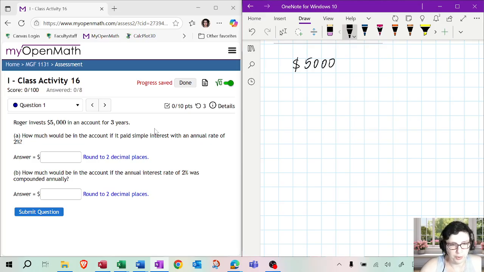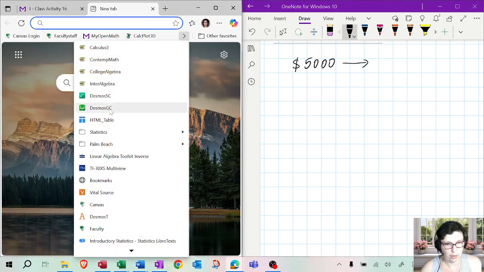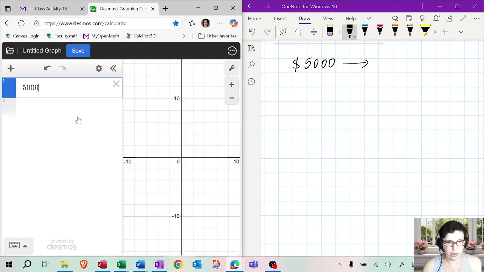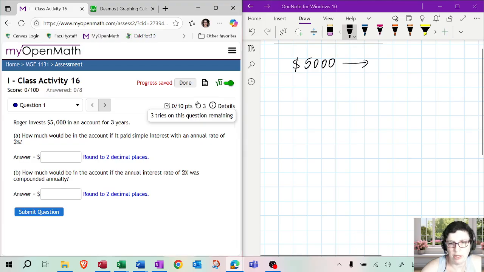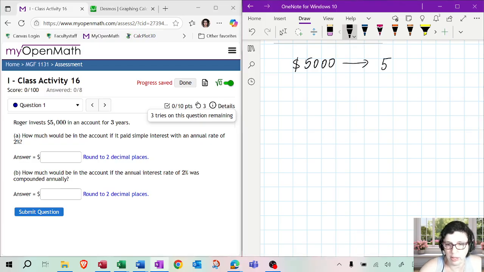Now, if it's simple interest, what happens? First of all, you take the $5,000 and multiply it by the simple interest rate, which is 2%. Here on the side, I'm going to compute it: 5,000 multiplied by 0.02, because remember, 2% means you divide by 100. And so you get $100 in interest, which is added to your initial investment. At the end of 1 year, you get $5,100, at 2%.